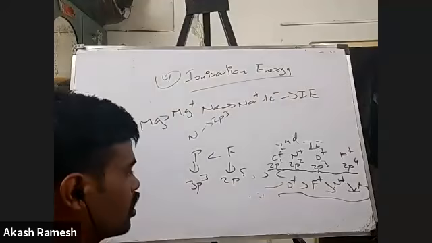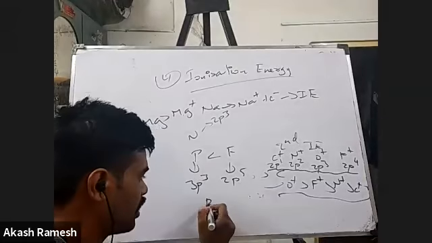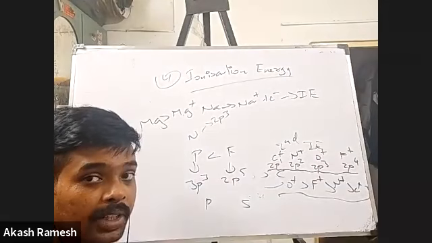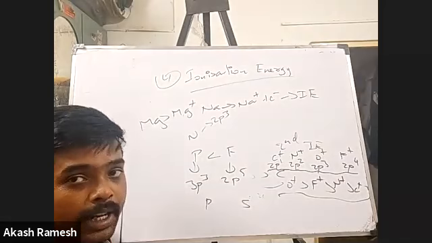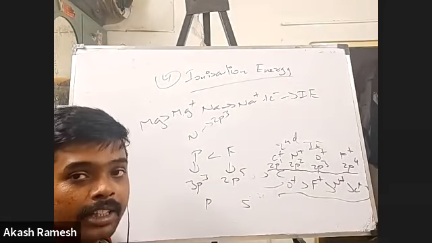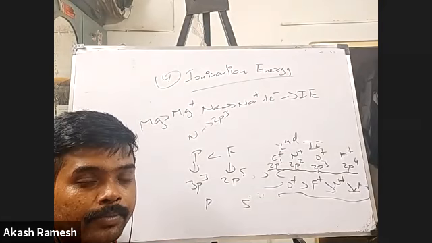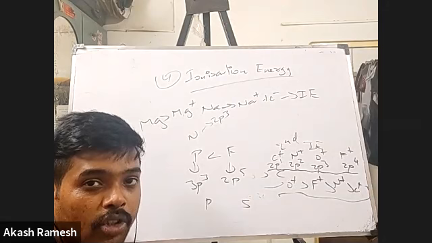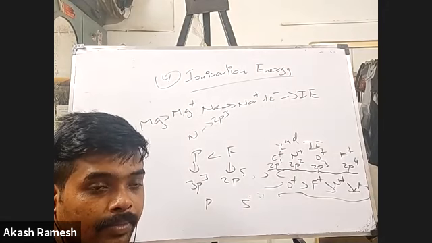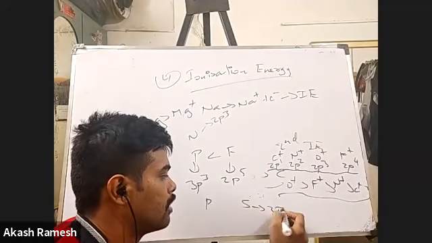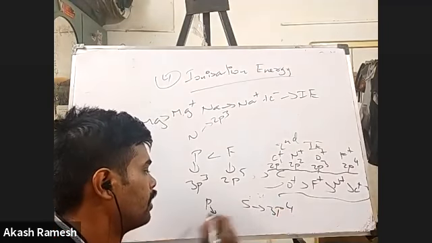But the same question I ask you, I have phosphorus and sulfur. Which do you think will have more ionization energy? Sulfur belongs to which family? Oxygen family. Yes, sulfur belongs to the oxygen family. So oxygen has 2p4, so sulfur will have 3p4. Then phosphorus will have 3p3, that we already saw.